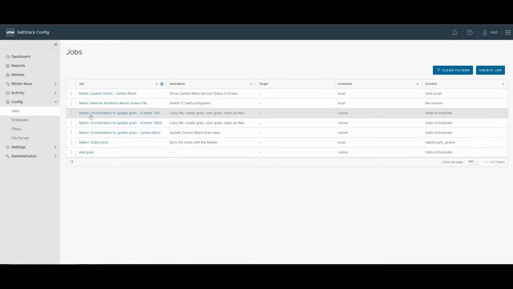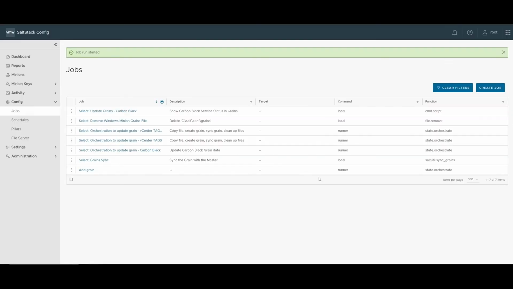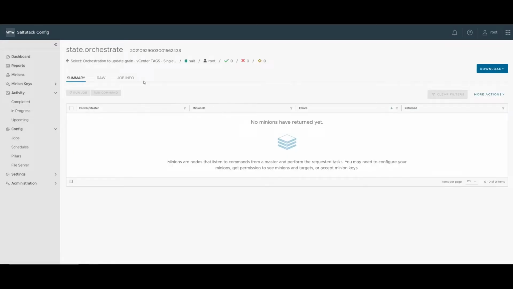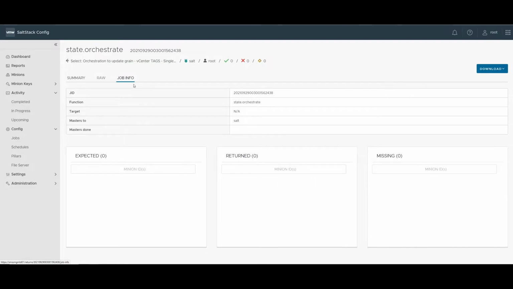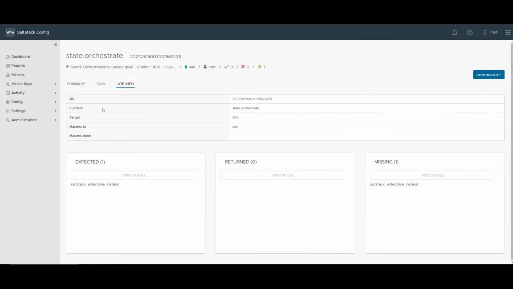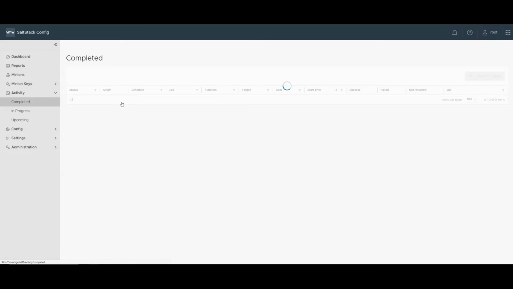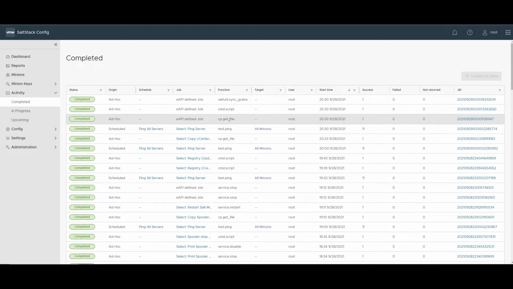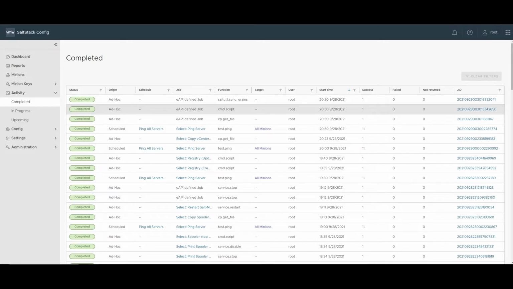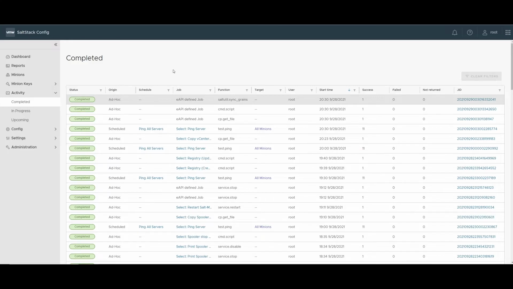So if we go and run that job, which is going to do the orchestration, when you do orchestration jobs, each step within that orchestration does show up as a separate job. So you can see cp get file was listed,